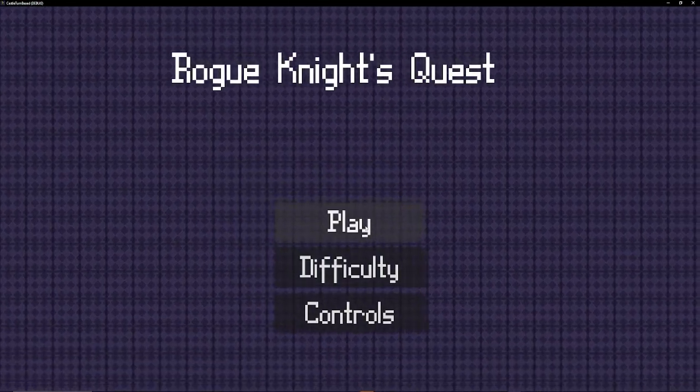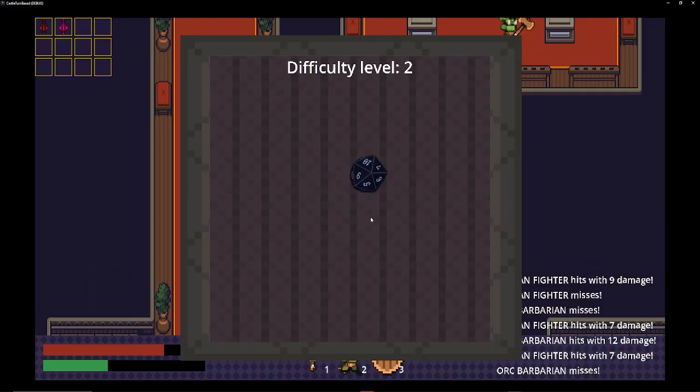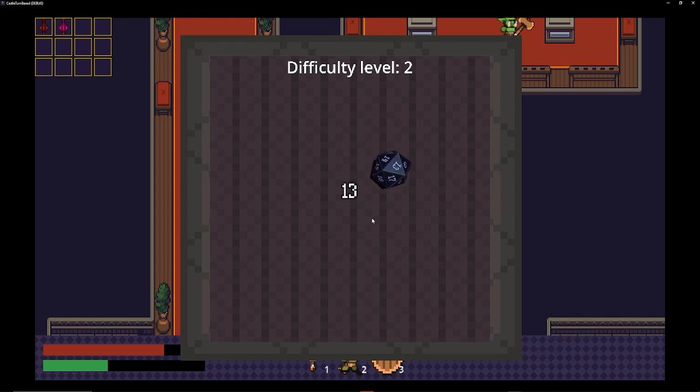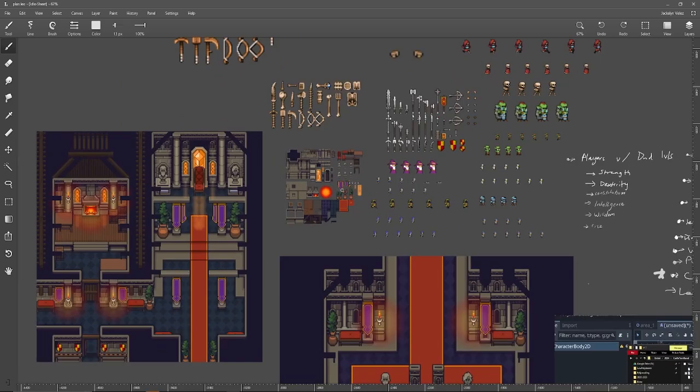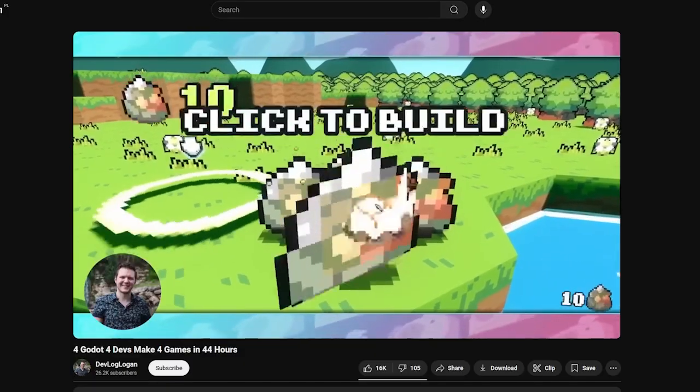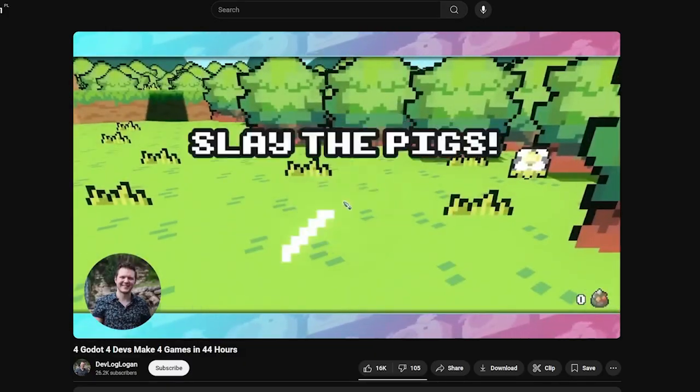On to the last game jam I've done this year, Rogue Knight's Quest. This project was proposed by devlog Logan, an awesome creator. 4 devs are given 44 hours and the same game asset and are required to make a game. I watched the first episode of the series and I loved it, and was honored to be included with such